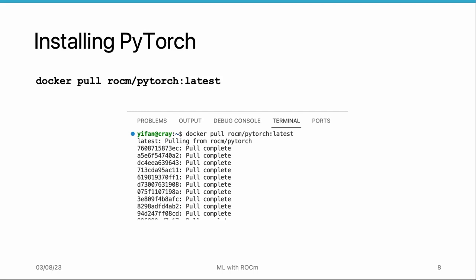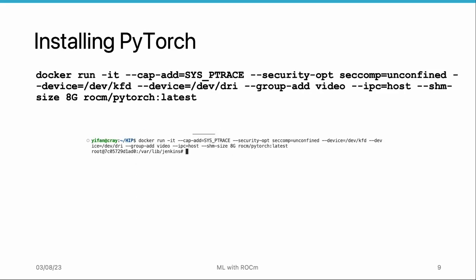Now that you have obtained the PyTorch Docker image, you are ready to use PyTorch and leverage its powerful machine learning capabilities. Let's move on to the next step to make the most out of the Docker image. Now we will launch a Docker container using the downloaded PyTorch image. To initiate the Docker container, we need to execute the command from the slide. This command sets in motion a Docker container equipped with